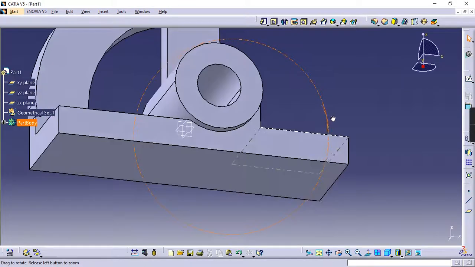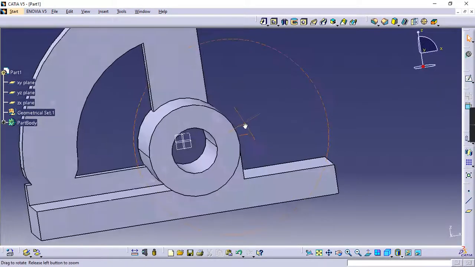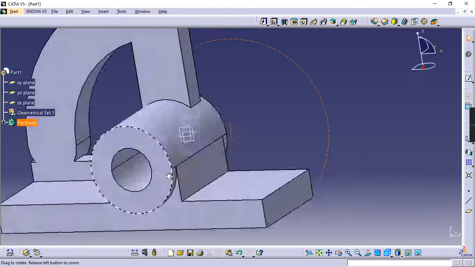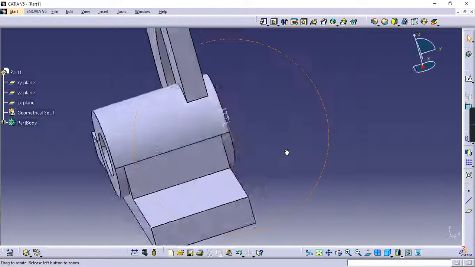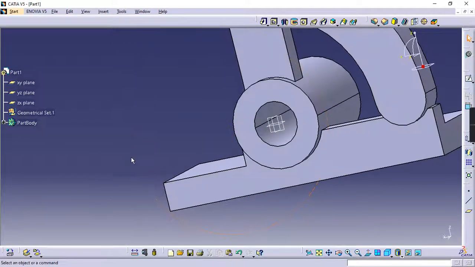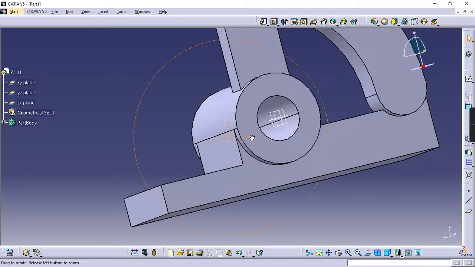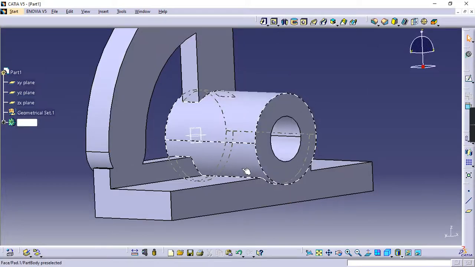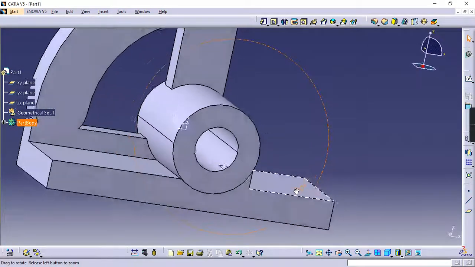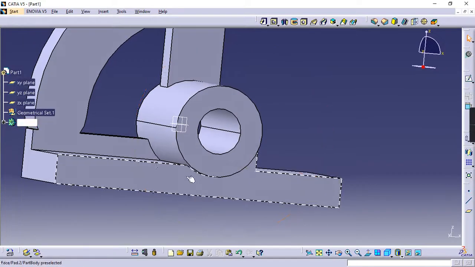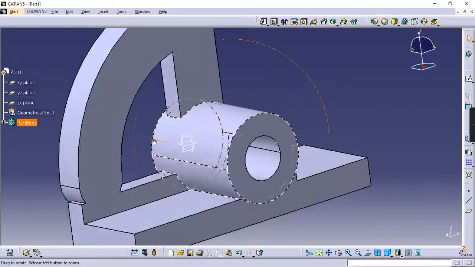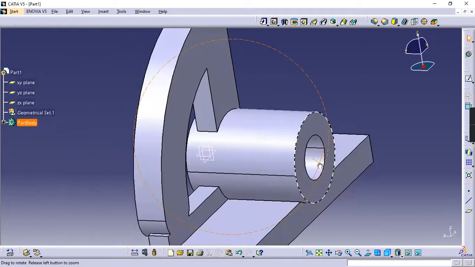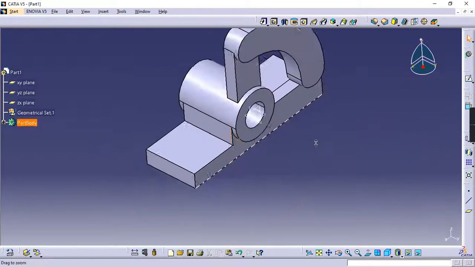Same way you have to do it on the other side. Let us do. You cannot use mirror here because if I use mirror, then this will come onto this face. We have to do it on this side only. But even if you do it here, it should be of this height. So no need because this is there for support on this side. So other side it is not visible in the drawing.